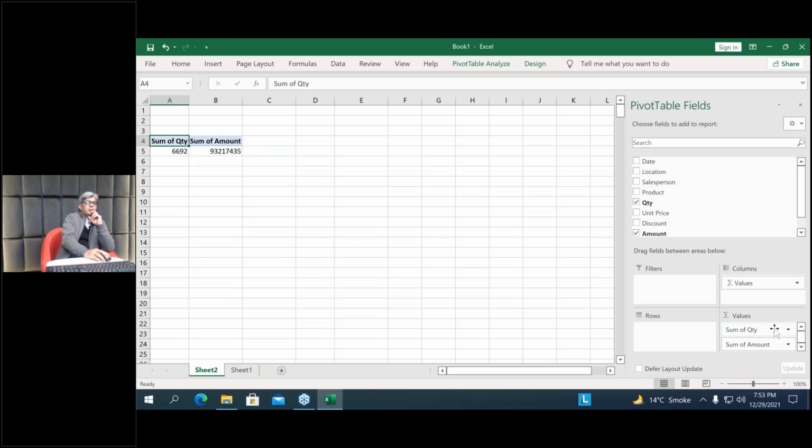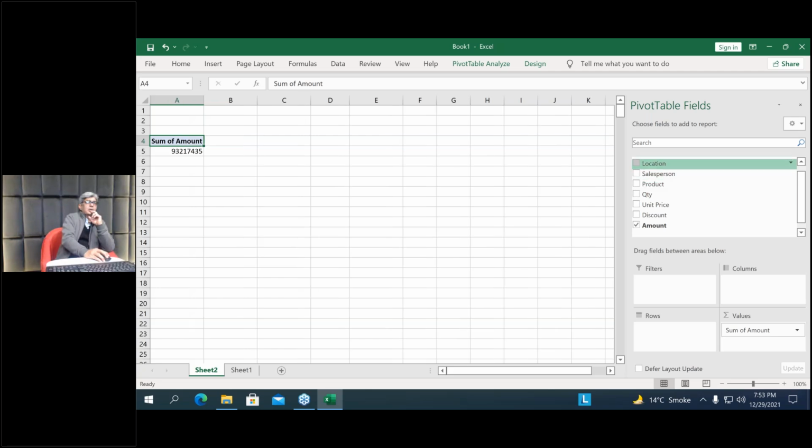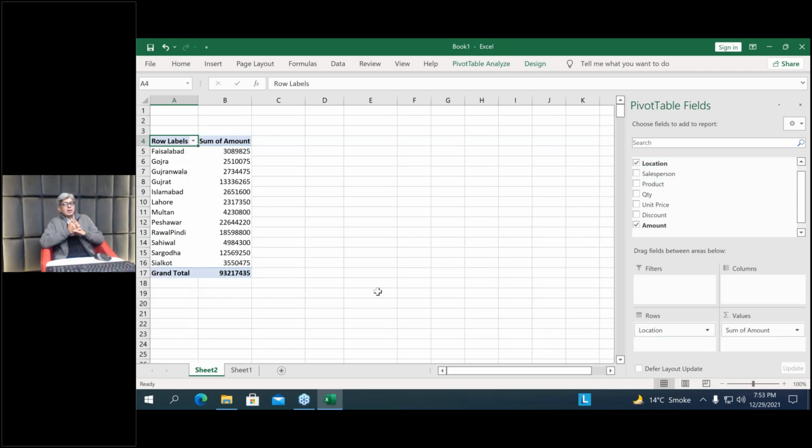I'm moving back quantity and putting location here. This is the report I want to filter, but not by the functionality provided by the pivot table itself. There is an added feature which was introduced in Excel 2010. Before that, it is not available,